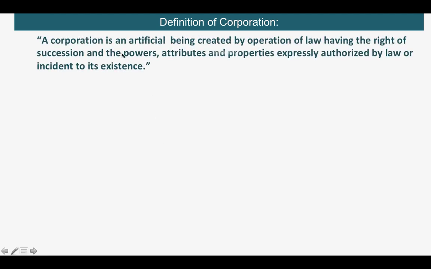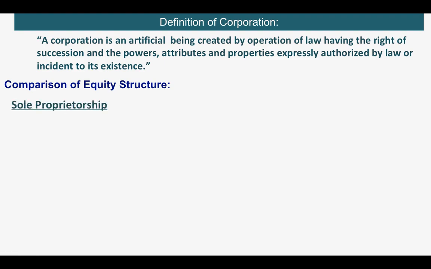What is the definition of corporation? A corporation is an artificial being created by operation of law, having the right of succession and the powers, attributes and properties expressly authorized by law or incident to its existence. With this definition, let us take a look at the comparison of the equity structure of sole proprietorship,